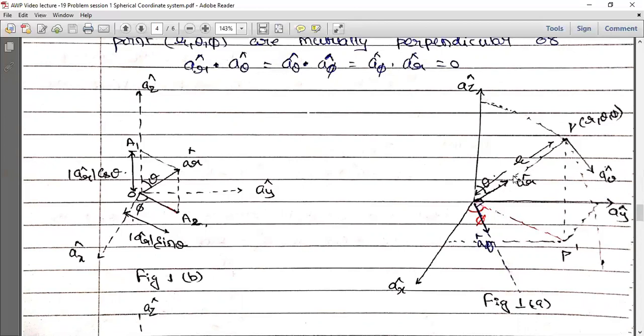Okay, if you want to keep r constant, you fix this r. If you want to keep phi constant, it means you are in this particular plane, and you want to increase theta. How do you increase theta? You draw a circle with center O, radius r in this particular plane. As you can see here, this is the circle. At any point, the increment in the value of theta will be along the direction of the tangent. So A theta cap will be in this tangential direction.